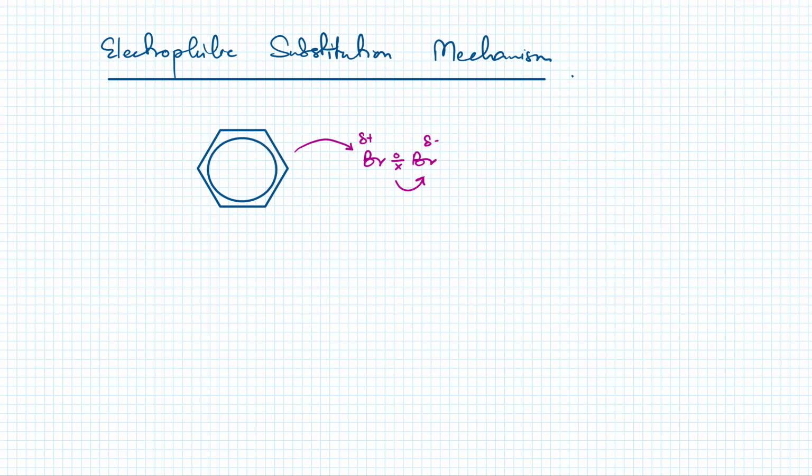And then there's an FeBr3 catalyst. That attracts electrons from the other side. Okay, that's the first step. Step number one. So step number two is